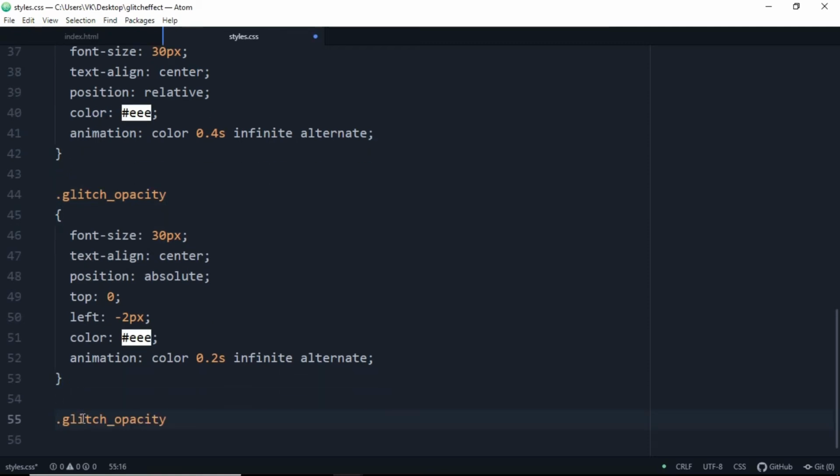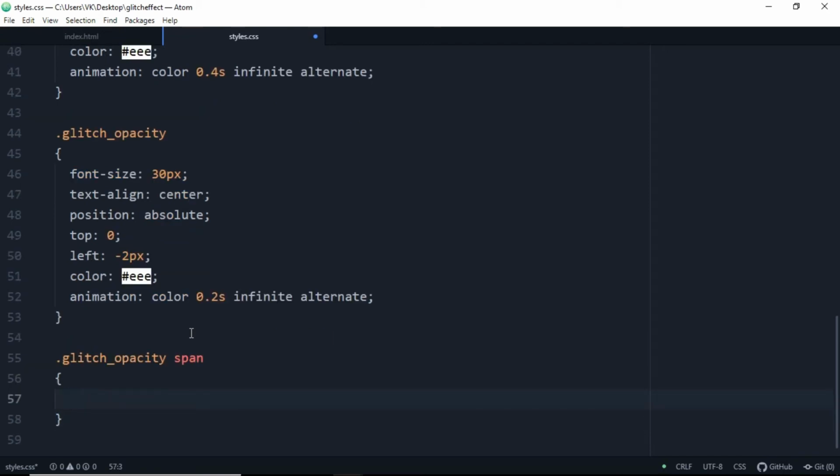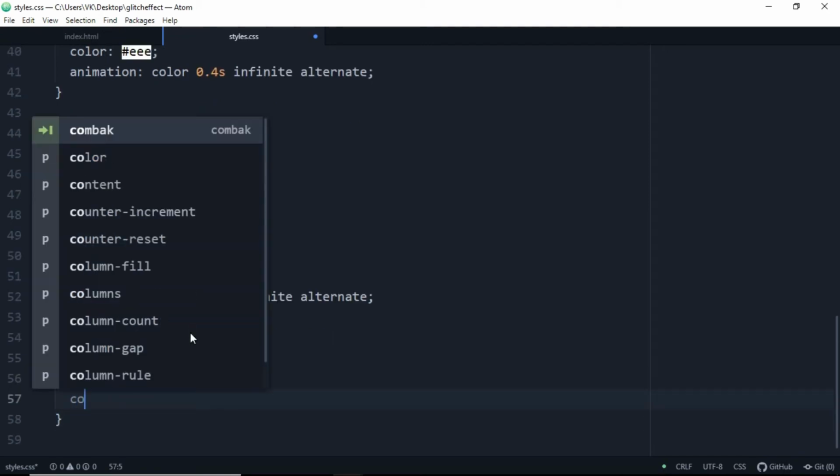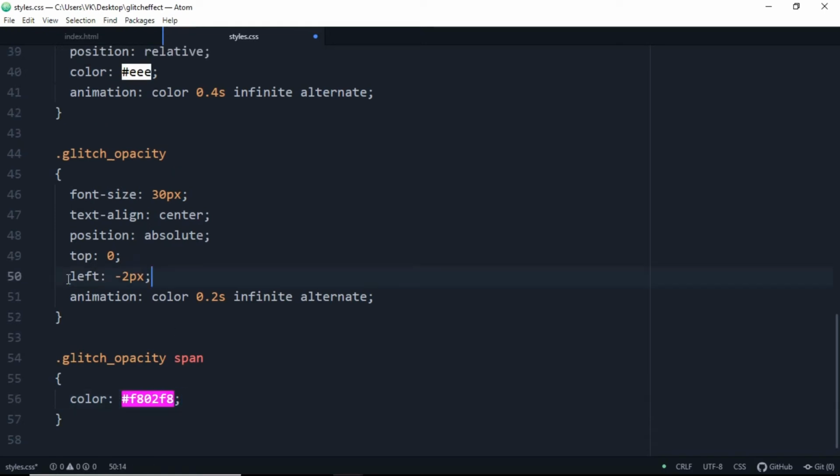Hit enter and add a span tag and let's add curly brace. So the color will be, let's make it hashtag F8F, add a semicolon, which is some kind of pink color here.